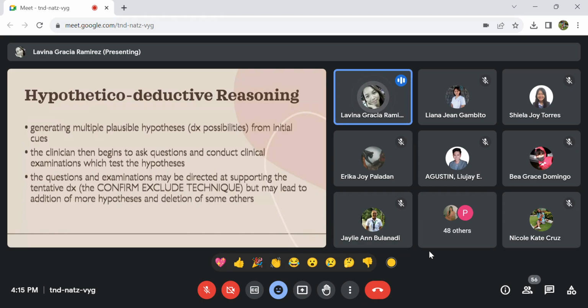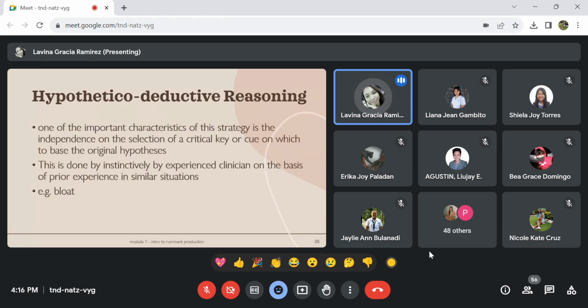But take note, if you are trying to get a history, try to look first at the direct ones, the ones you feel are the most common. Anyhow, you check the environment, the animal, and of course, the management, if we are talking about mastitis. So there are a lot of activities to be done just to give you a precise diagnosis. Under hypothetico-deductive reasoning, you have your hypothesis to prove, and proving means asking questions or interviewing the owner or the handlers of the herd.